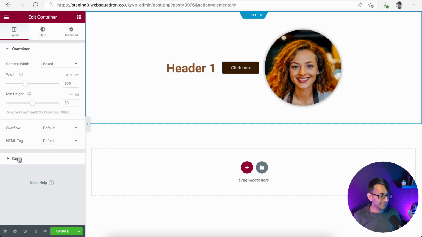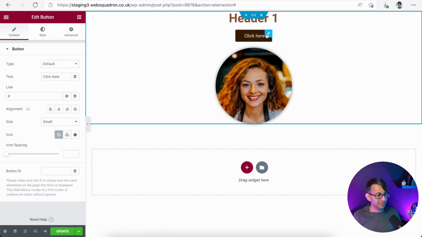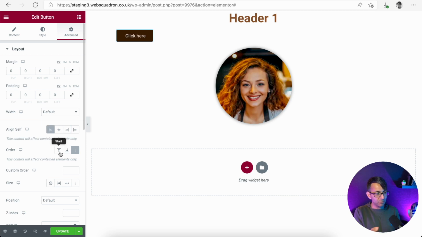Well, if I click on the container, I could go to items, and let's just do that instead. We've already established that is not going to serve my purpose, because the button has now gone below as well. If I click the button, however, and I go to advanced, this is not going to change anything, because remember, we've now gone to columns, so our estate is now horizontal. All this is going to do is start to rearrange where the button sits. We can rearrange the order as well. However, what we don't have is the facility to make that button sit next door to the header. We're getting there, okay? Believe me, we are getting there.